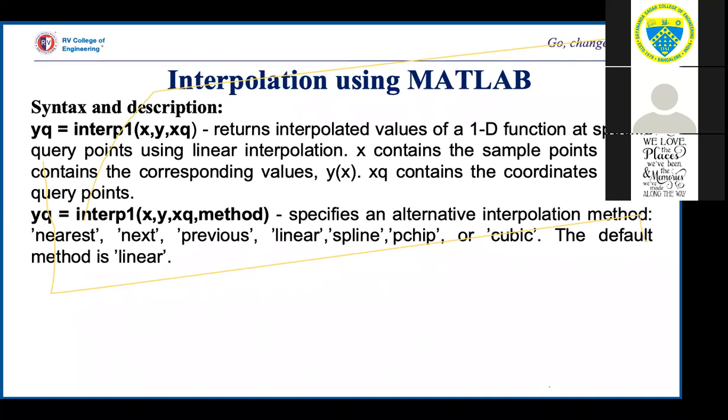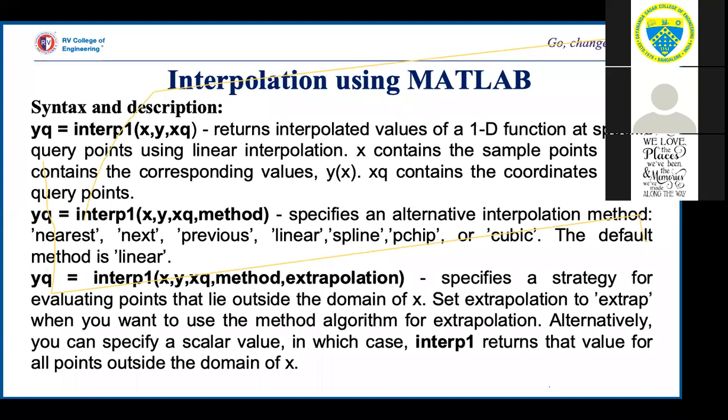Next we have one more command. We can specify the method. I'll show the table of different methods. It could be nearest, next, previous or linear, spline and so on. PCHIP, cubic will be cubic spline. By default it will be linear.